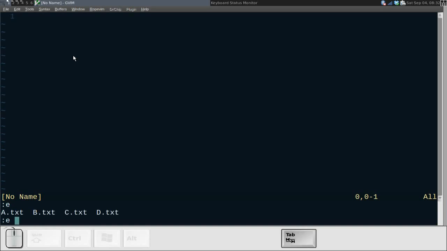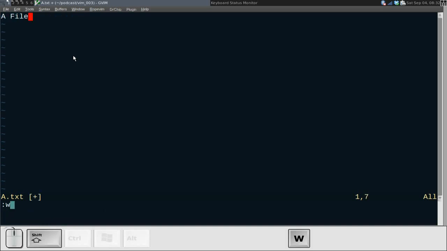We're going to define a buffer by demonstrating. So let's go ahead, I've got 4 files here in my project directory. We're going to pretend these are all code or something that I'm working on. Let's go ahead and open up the A file. Notice that I've got the A file here and I've changed and dinked with it. So let's go ahead and clean it back out. And so here's my A file.